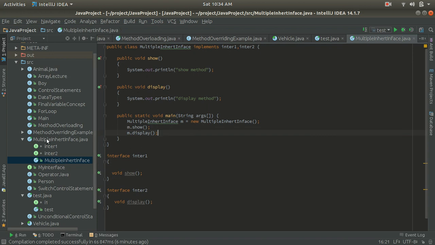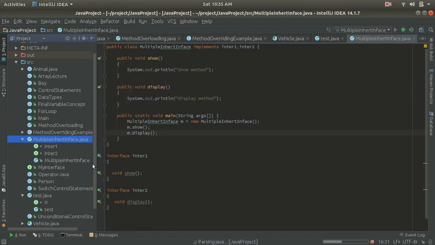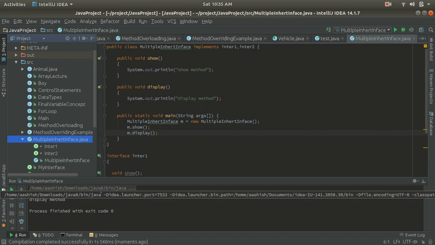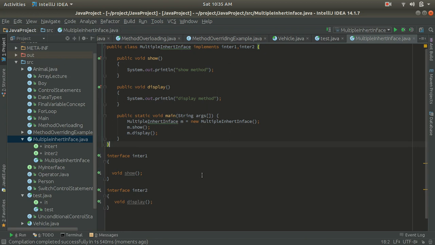Now let's run this program and see the output. Here you can see that we got the output as the show method and the display method. So with the help of the interface, we have implemented multiple inheritance.